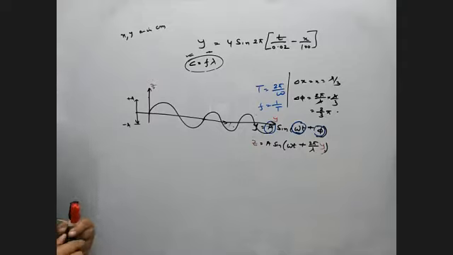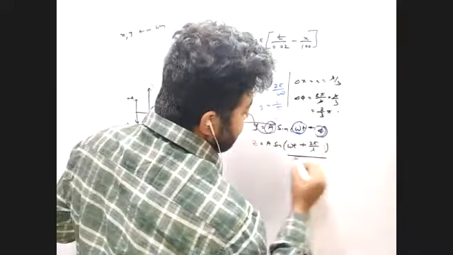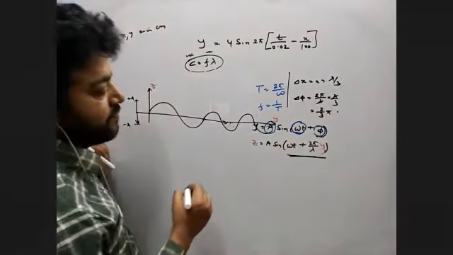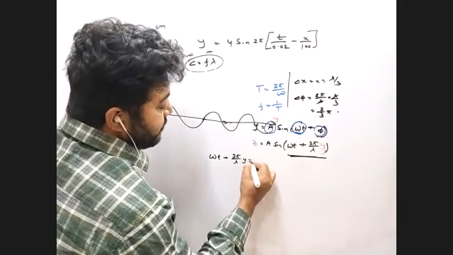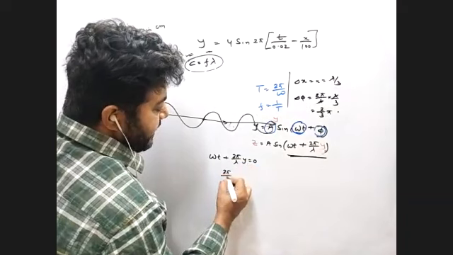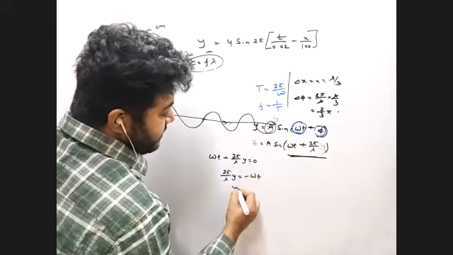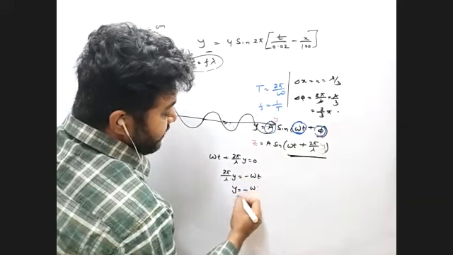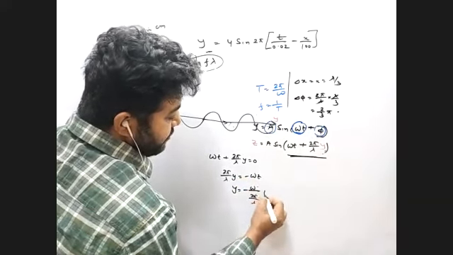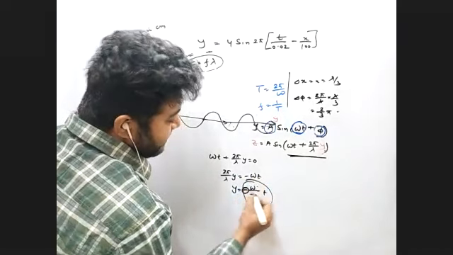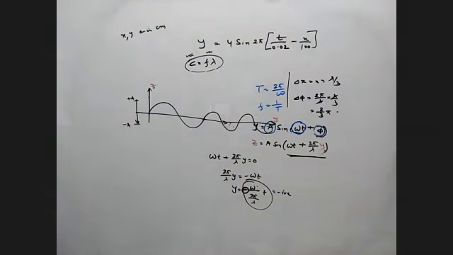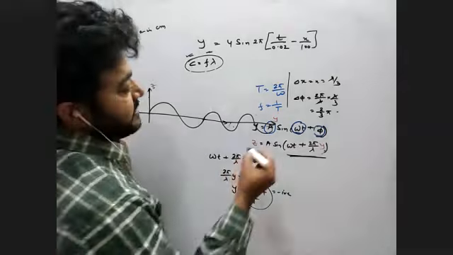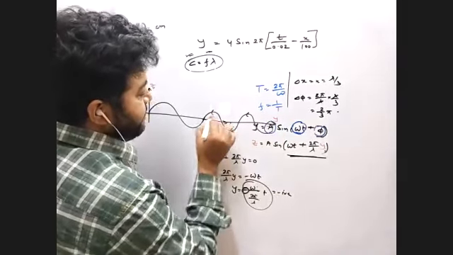Yes, sir. And make that value 0 and find the value of y. Like if we make it 0, 2 pi by lambda y equals 0. So 2 pi by lambda y is minus omega t. That means omega minus y, that is 2 pi by lambda into t. Whatever the value, due to that negative sign, the value is negative. Is it clear? Yes, sir. So what do you mean by that? The wave is propagating in this direction.